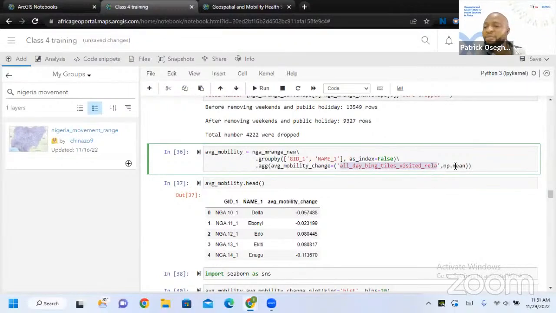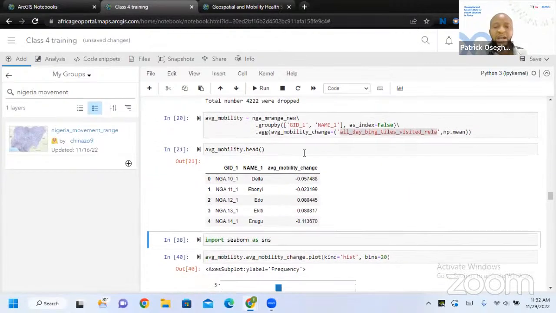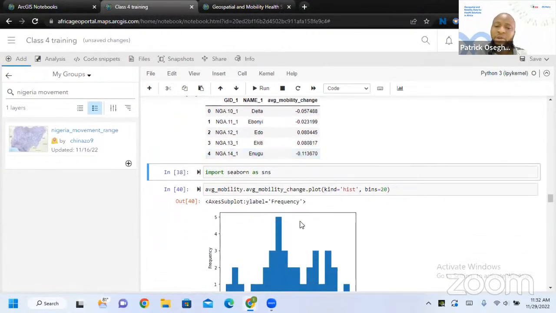And I'm using the NumPy mean average value function, which is here. When I run it, you see now I have been able to reduce my data to the minimum level. So I'm only having Edo State for one, Lagos State for one. So everything is just one row per state currently.